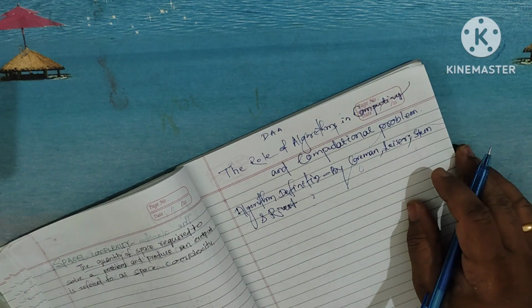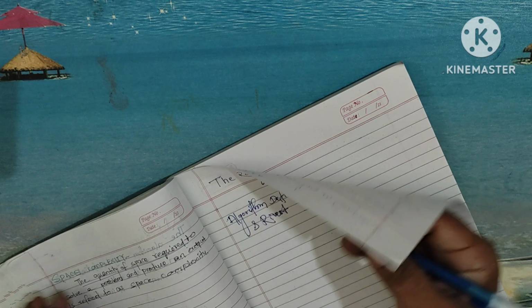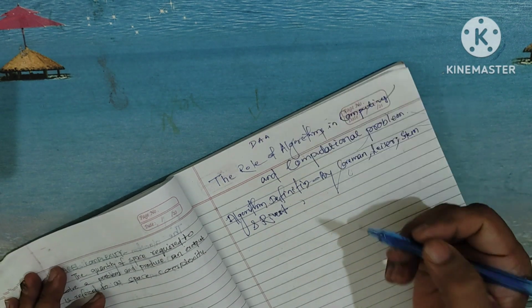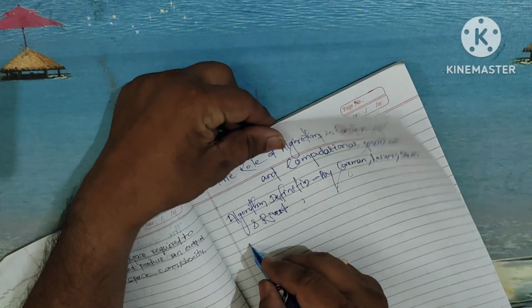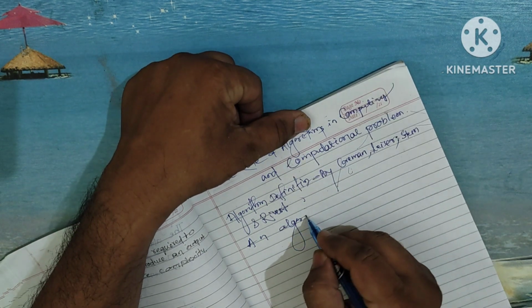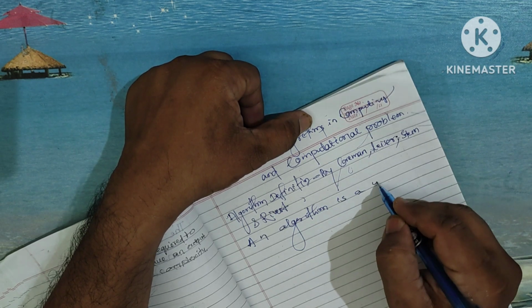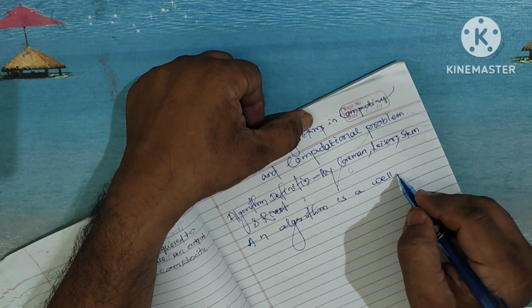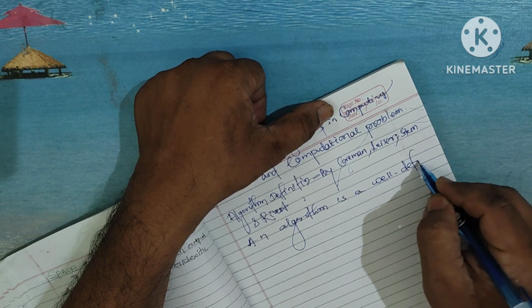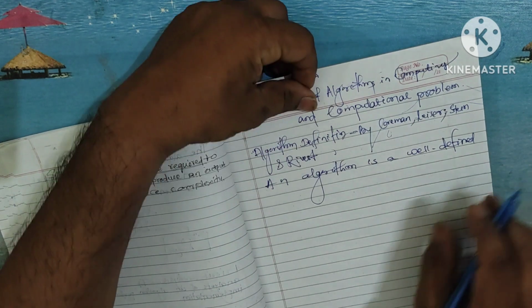According to the author, the definition of the algorithm is like this: an algorithm is a well-defined procedure